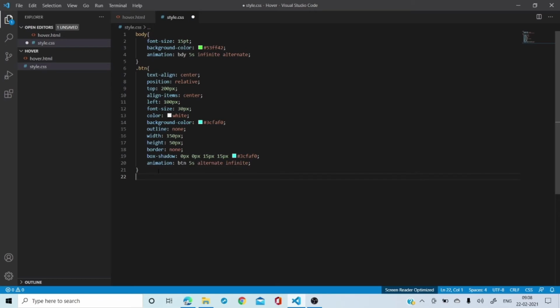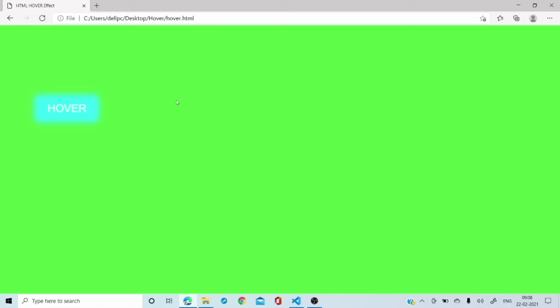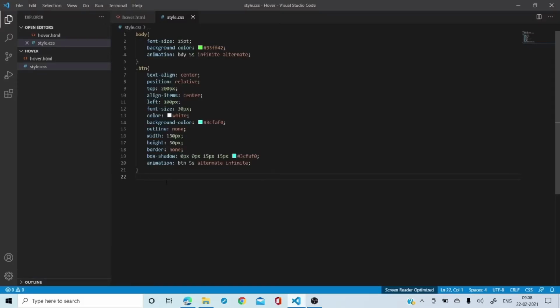Okay, so let's have a look at it once. Control S, we'll go here and refresh and see it. Okay, so this is how it is coming. Currently the hover effect is not coming. I'm going to show you how can we do that as well. Okay, now once you have done this, we want to hover on the button. So what is the next step which you will do? You will write .btn and put like this and say hover. So that's how your hover effect is going to come into the picture.